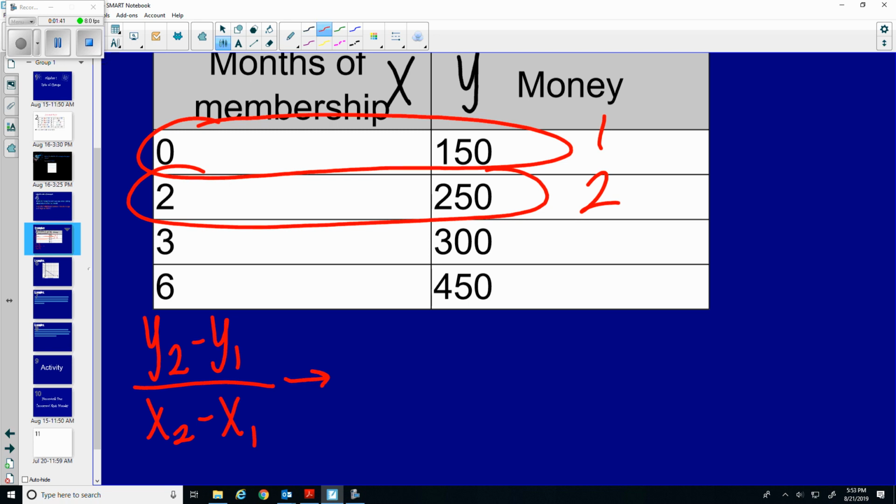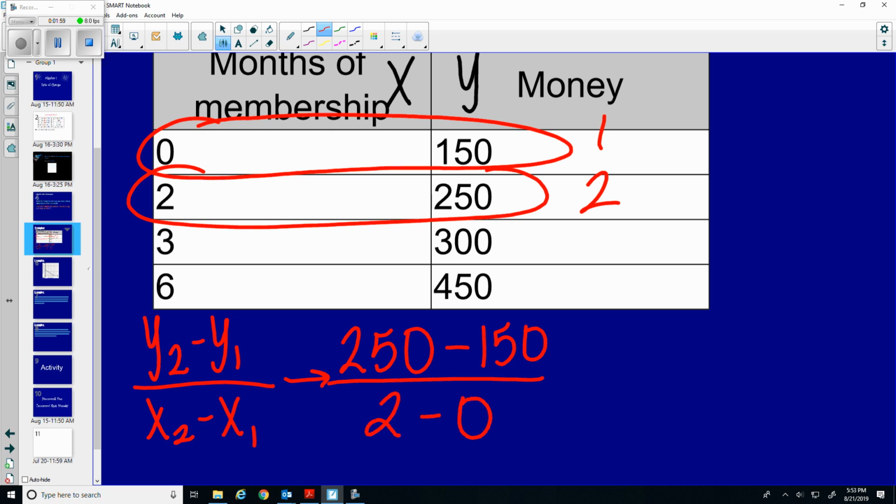What is the y value of point 2? It's 250 minus, what is the y value of point 1 here? 150. Divide that by my x2, which is 2, minus my x1, which is 0. So when I do this, 250 minus 150 is 100, divided by 2 is going to be 50. Now, yesterday we started at 50, but we can't start at 50 because it's asking for a rate of change. So my rate of change is going to be